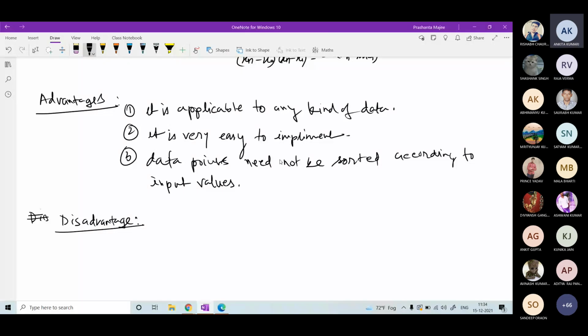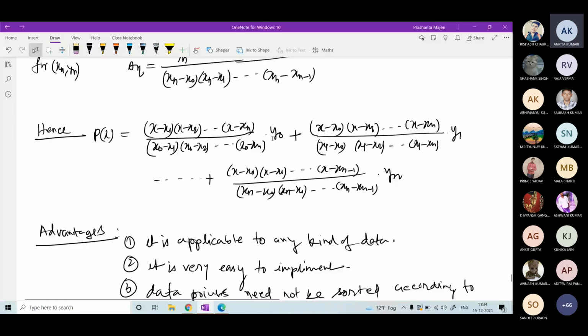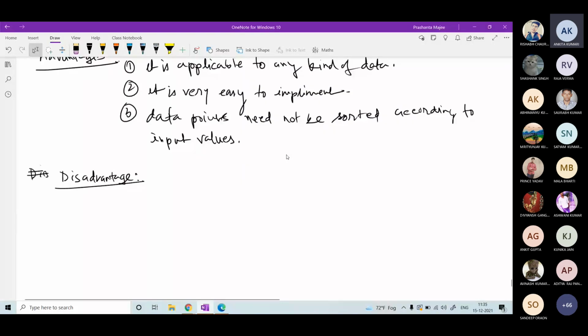So in the calculation of this degree 3 polynomial, can we use the degree 2 polynomial? I guess no. The answer is no, because you have to start the calculation again from the beginning. So you see, the initial construction will be totally changed if one data point is introduced. Yes or no? The whole process will change, so you have to start the calculation again from the very beginning. So this method is not recursive.